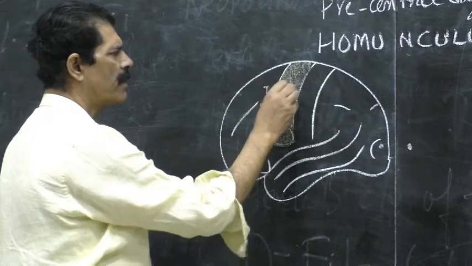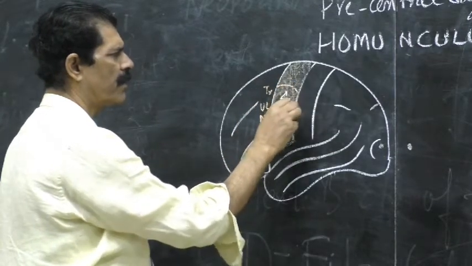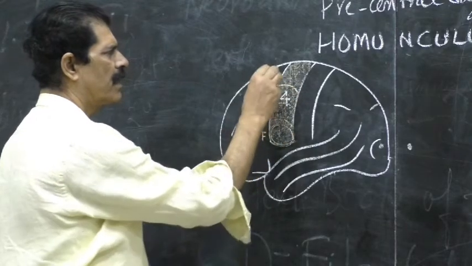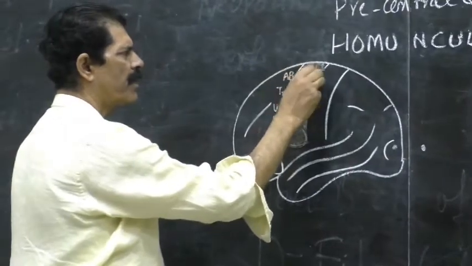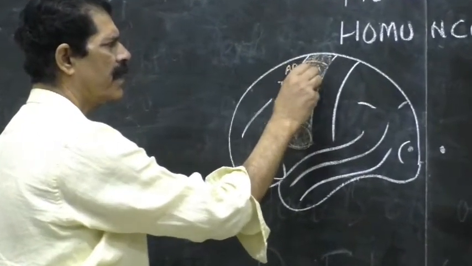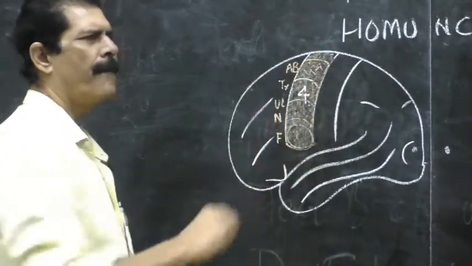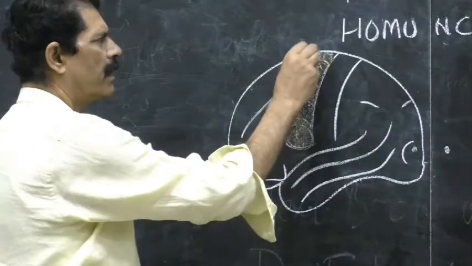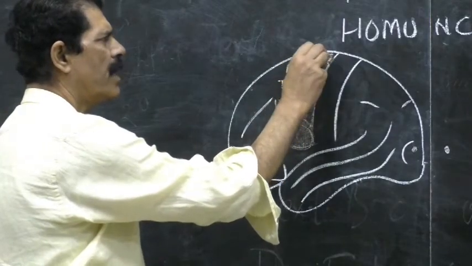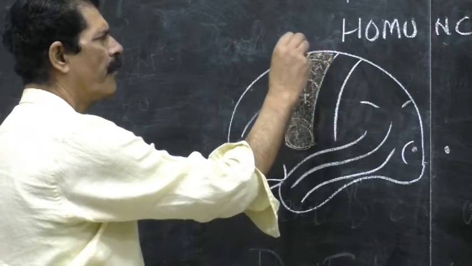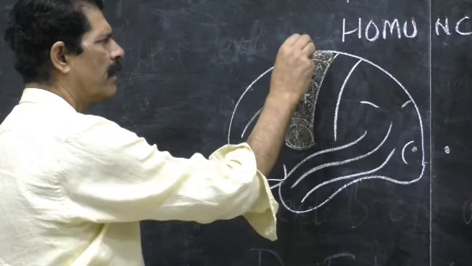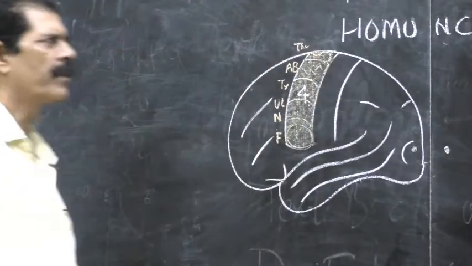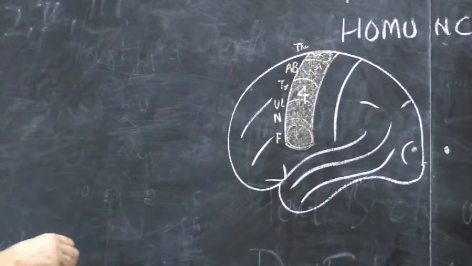So this area controls the thorax muscles, that is the intercostal muscles and other muscles. Then comes the abdomen. So this strip of the gray matter, or cells here, controls the muscles of the abdomen. And in the rest of the superior area, the muscles of the thigh are controlled from here. And the muscles of the